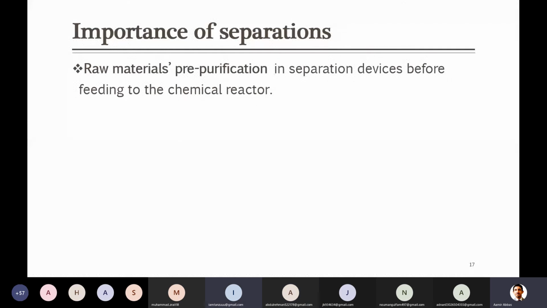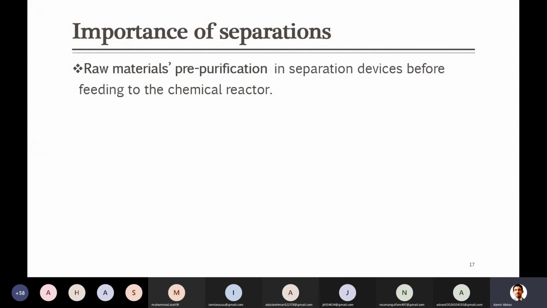Sir, it can cause corrosion and it can cause slacking in the reactor. Yes, it depends. This is exactly a valid point. Sometimes this can happen, as well as the other student said. For example, you are bringing some feed and that contains a lot of impurities. For example, impurities in terms of amount. If they are in large amount, definitely you will need a large reactor for a specific conversion, and because impurities just have to pass through the reactor, they should be separated so that you can reduce the size of your